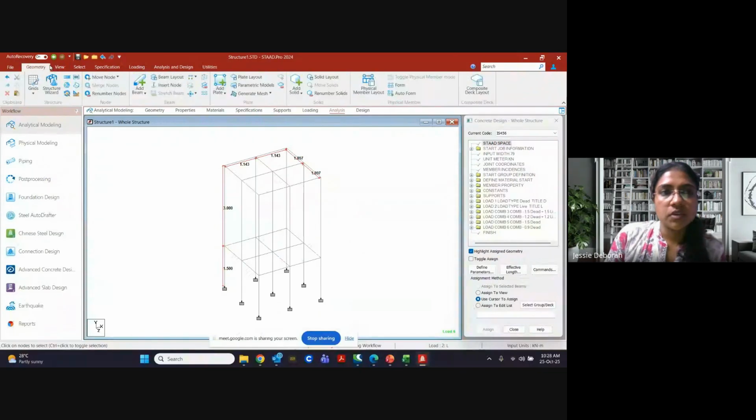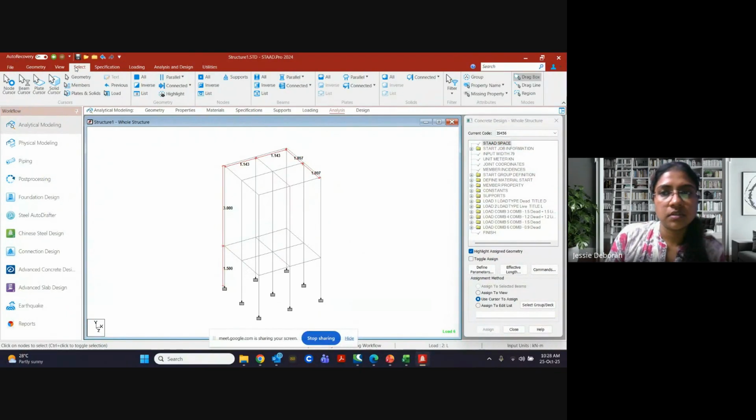So now we will go to our missing property. Anywhere is there a missing property? Have we assigned all the properties? We have to now check. So we have provided the properties for everything. Property name not required.